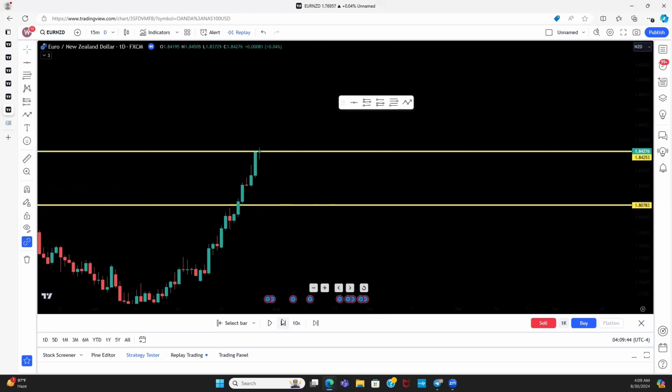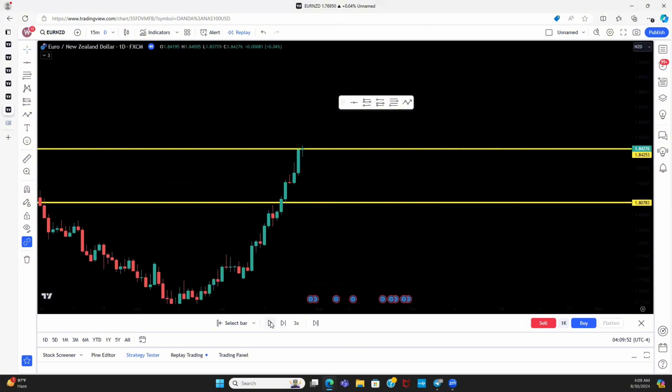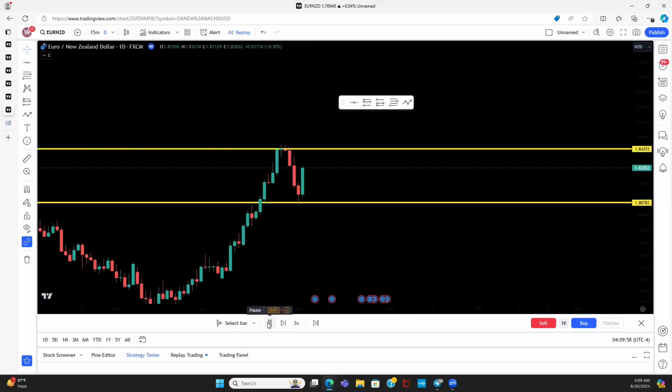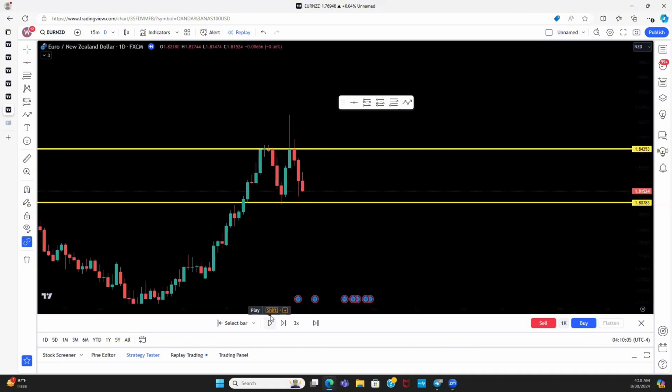So the first sign that a reversal can possibly take place is when price fails to continue, in this case with an uptrend, to make higher highs. So we see here price rejected that level, failed to make a higher high, right? Then we see price not only reattempted to break this level, but rejected and failed to hold that level as support again. So after we see price do this once or twice, we have to start to pay attention to see, okay, why is price struggling to break this level? And also